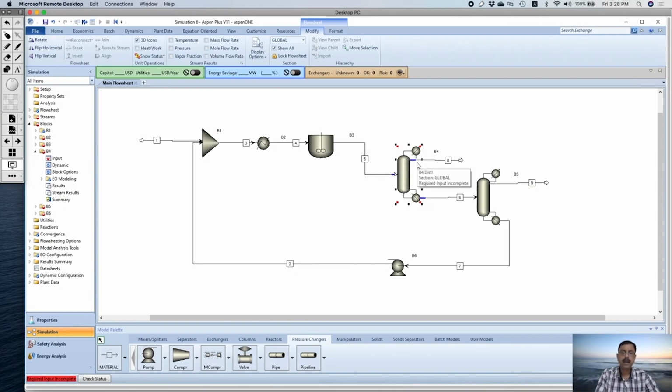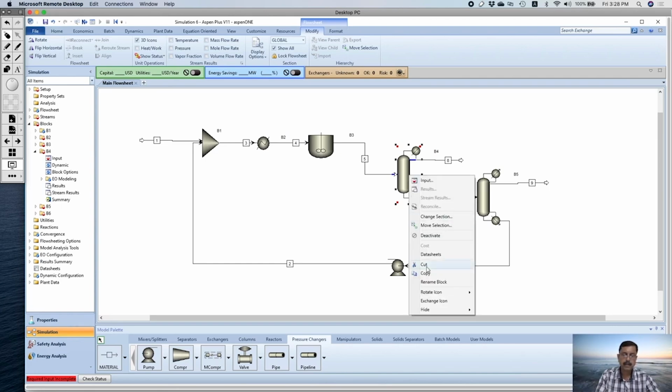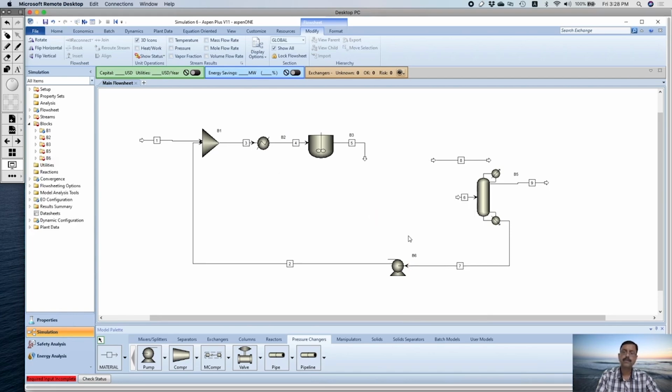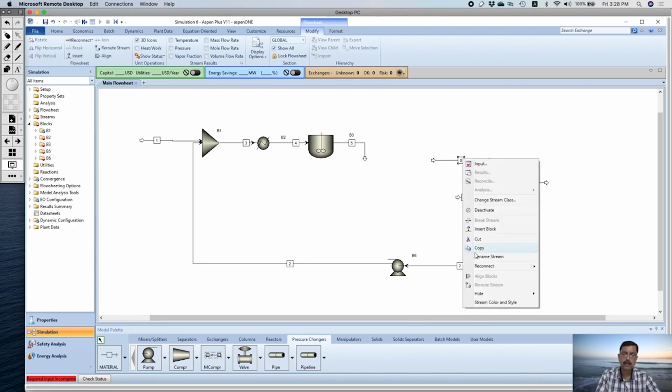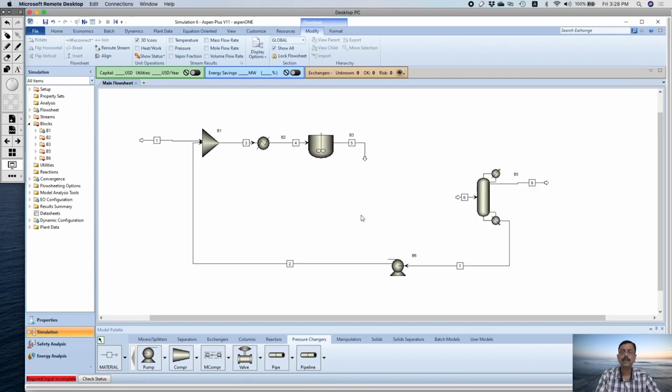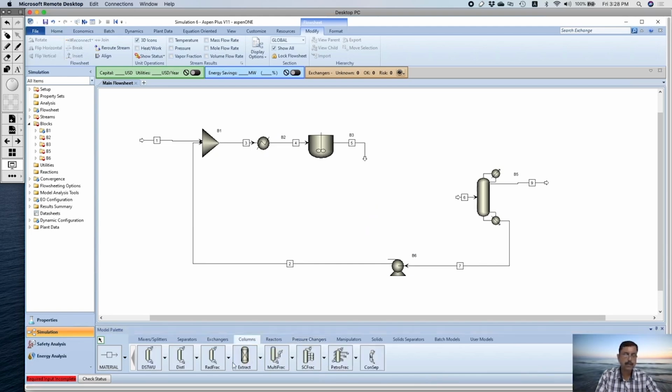So this is how the entire operation works in Aspen Plus. It is menu driven. It is a designer's delight. One designer can always add to this diagram, and a designer can always add certain new equipment. He can just disconnect it. Suppose I want to disconnect, then I have to right click and then we can cut. Then this vanishes. This also we can cut and this vanishes. Instead, we can use some other column. We can use a RadFrac column, which is also a distillation column. We can put it in here,